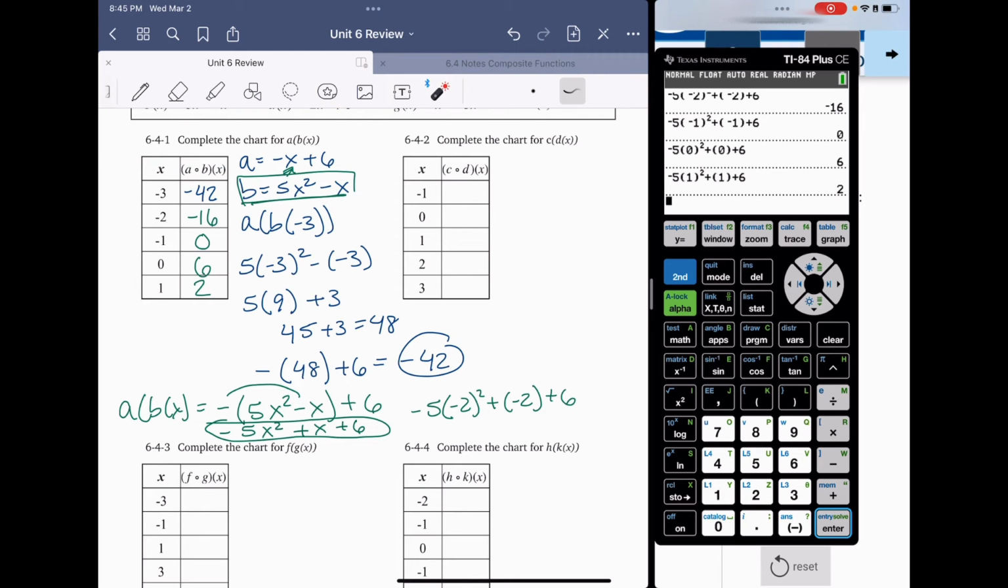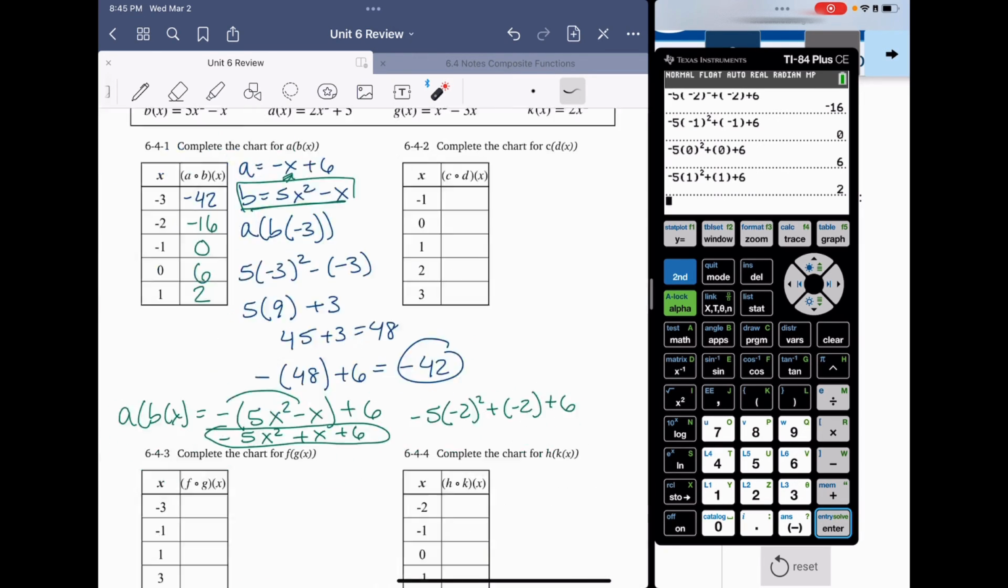If you're more comfortable doing it that way, you're more than welcome to do it that way on the test or on the review. I'm going to show you doing it the composite function way though. So go ahead and try the next one on your own, pause, but I'm going to just keep going. So let's scroll over and let's do